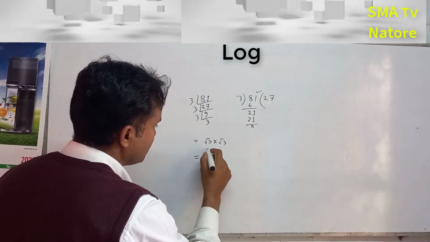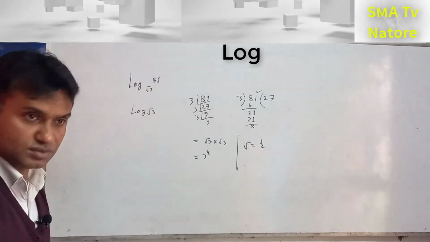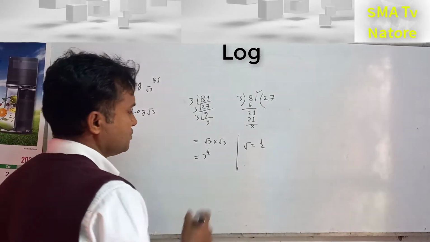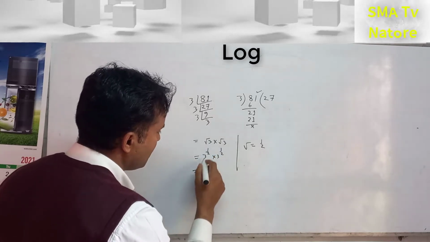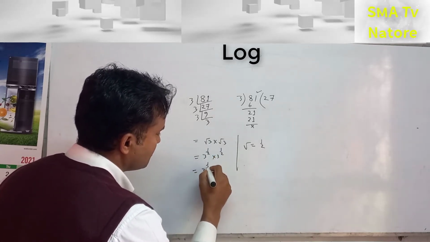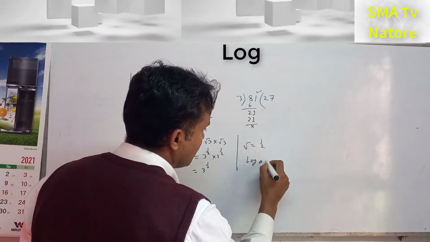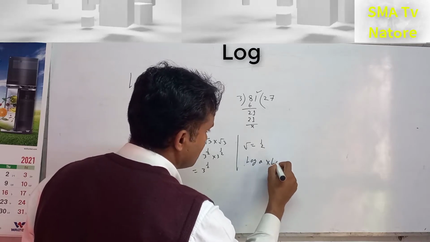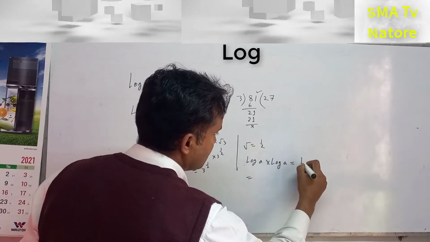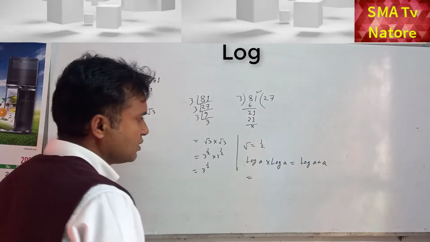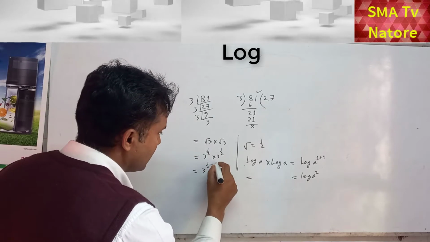Next we know that 3 divided, the root, we know root equals 1 by 2, the result is root, it is 1 by 2. So here 3 to the 1 by 2, and next one 3 is common, next 1 by 2. So the rule is log a into log a, the result is here, or you can write down log plus log. So this power is half, this power is half, so we can add the numbers.